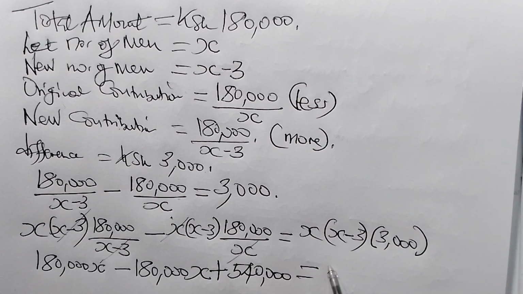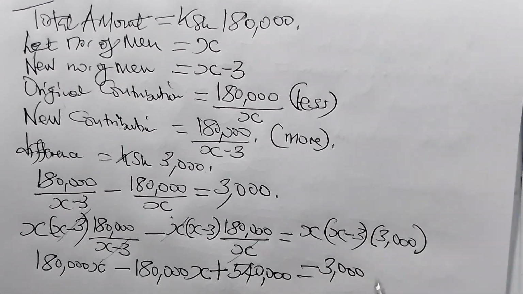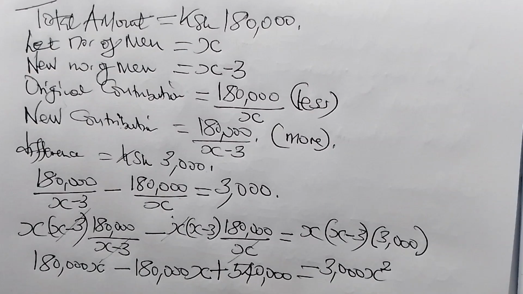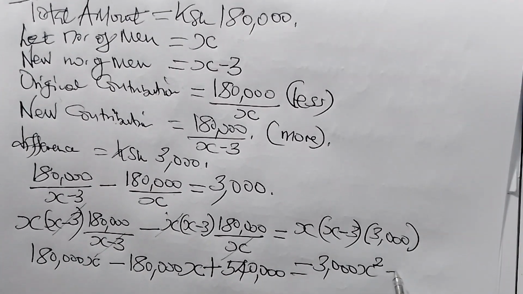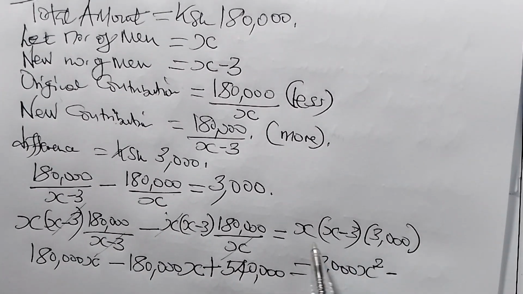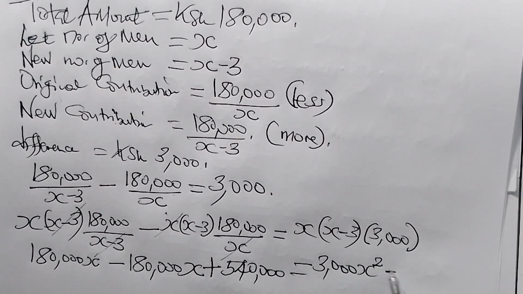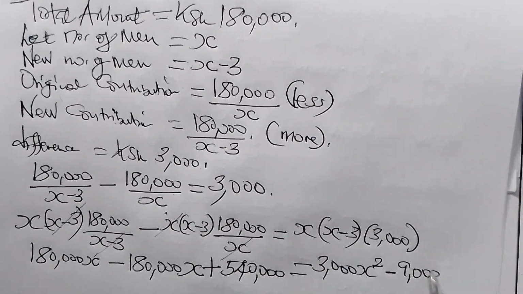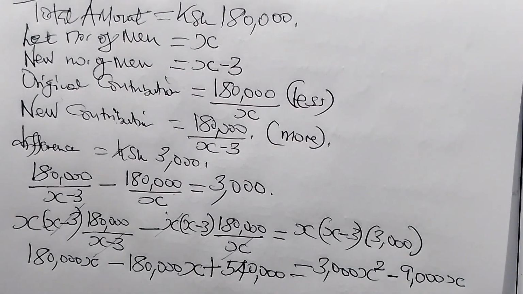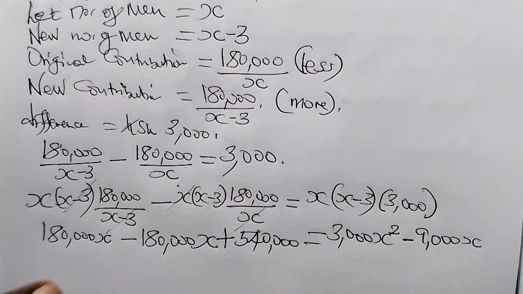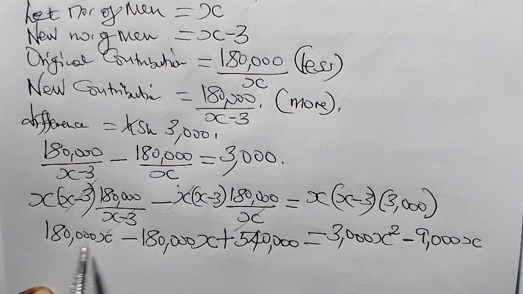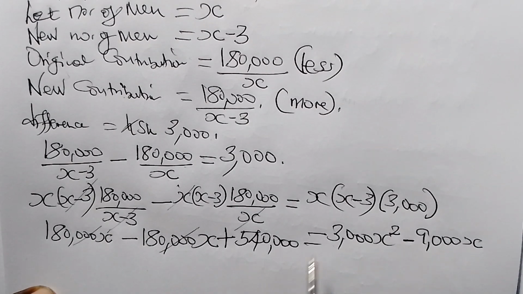X squared multiplied by 3,000 will be 3,000 x squared, minus x multiplied by 3, negative 3x, minus 9,000x, like that. So again, 180,000x minus 180,000x goes to 0, and we can rewrite the whole of this as a quadratic equation,